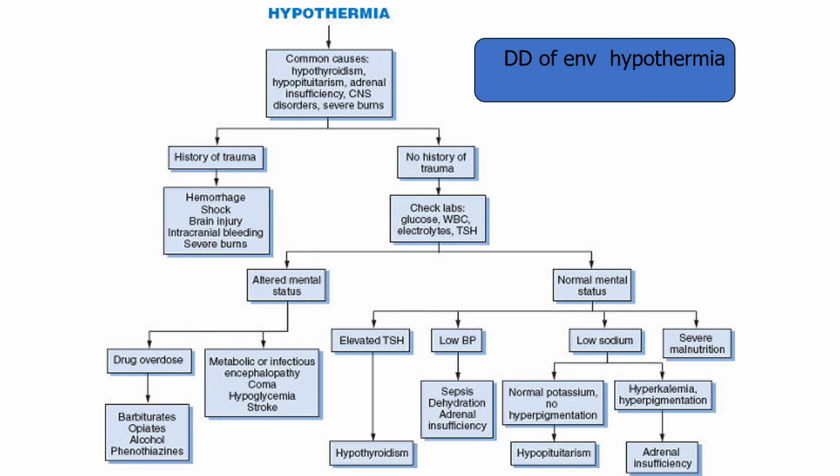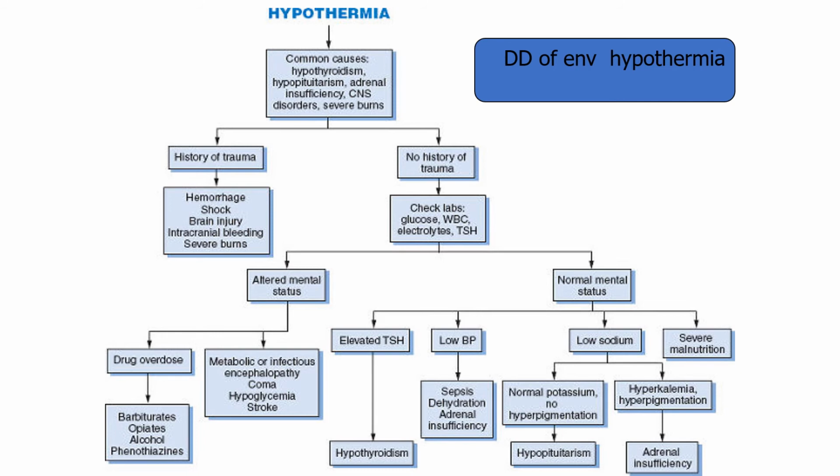Check labs: glucose, white blood cells, electrolytes, and TSH. If the patient has altered mental status, look for drug overdose like barbiturates, opiates, alcohol, and phenothiazine, or metabolic or infectious encephalopathy, coma, hypoglycemia, and stroke. If the patient has normal mental status, then look for elevated TSH, hypothyroidism, or low blood pressure, as in case of sepsis, dehydration, adrenal insufficiency, or low sodium, as in with normal